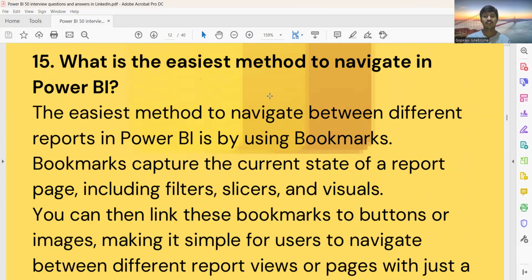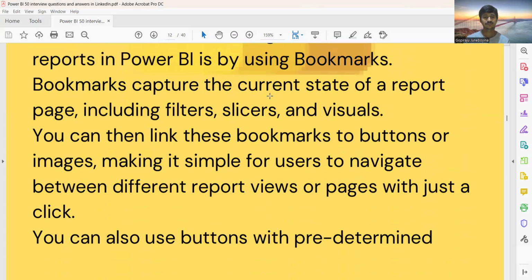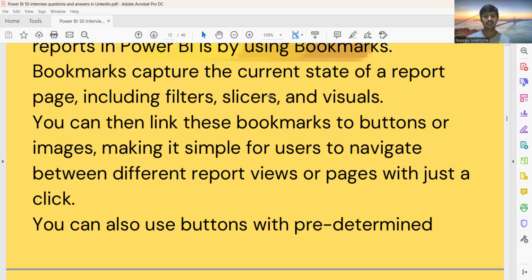The easiest method to navigate between different reports in Power BI: bookmarks capture the current state of the report page. Link bookmarks to buttons or images, making it simple for users to navigate between different report views or pages.